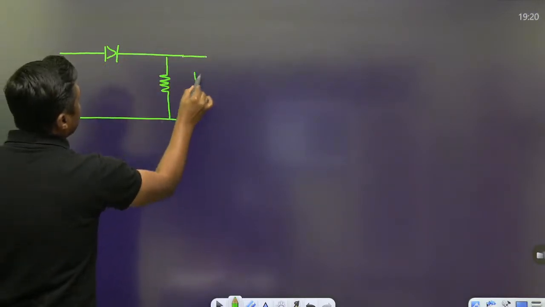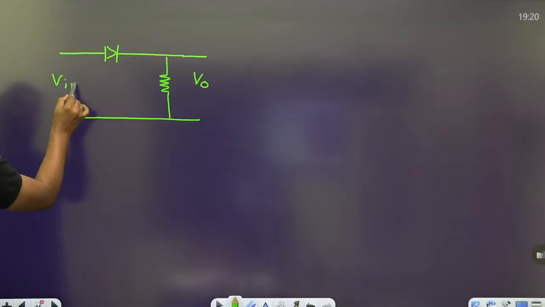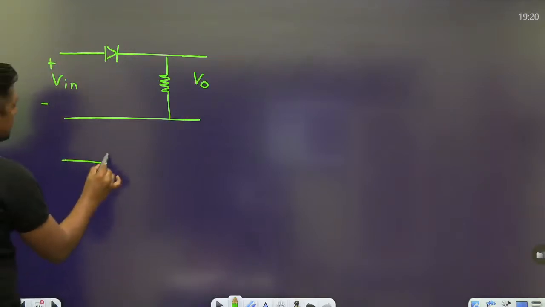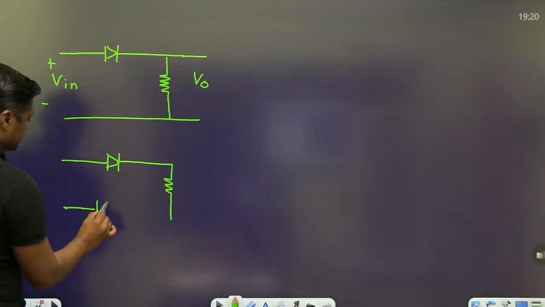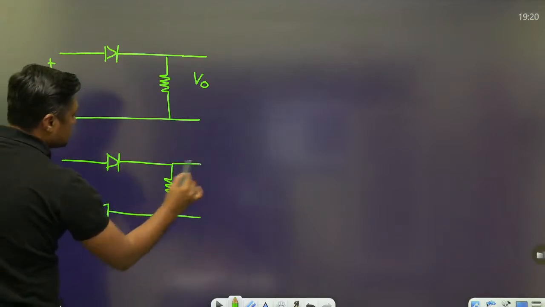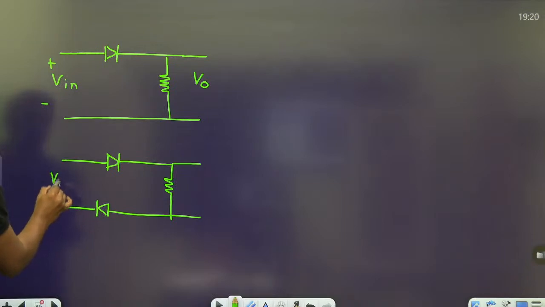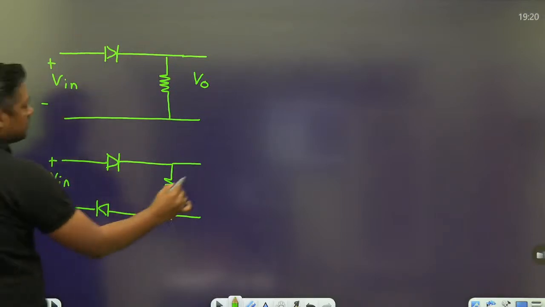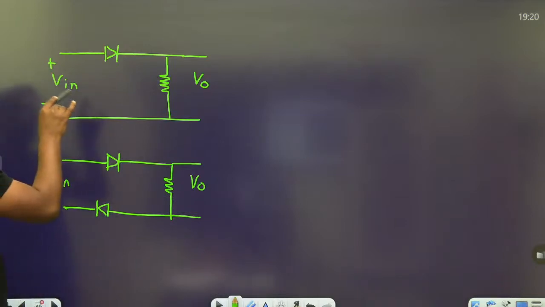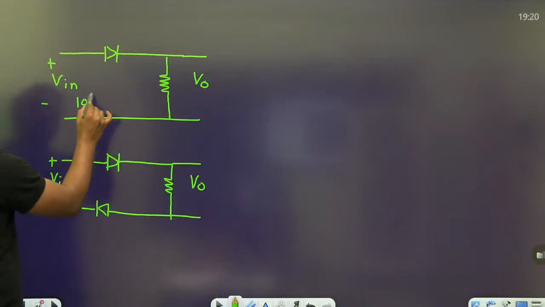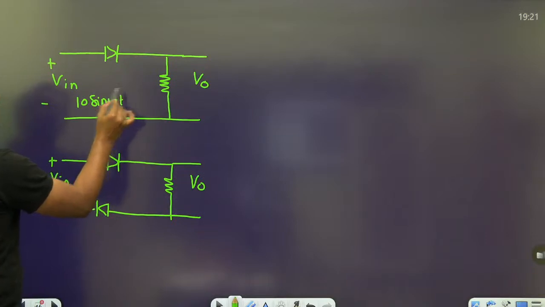This is a standard circuit for a half wave rectifier. This is the V naught. Here we are giving the V. Now in this case, again we are connecting one diode in series. This is the circuit. Here we are connecting the V in. Here we are connecting the V out. Now in this case, if I am applying 10 sin omega t,